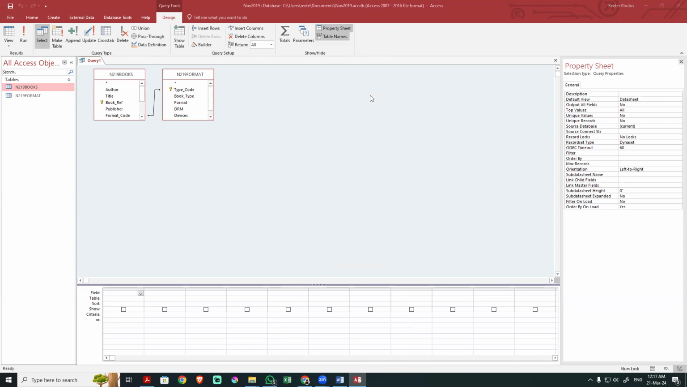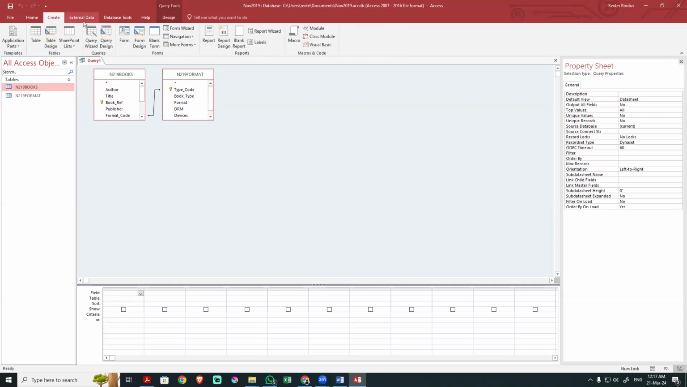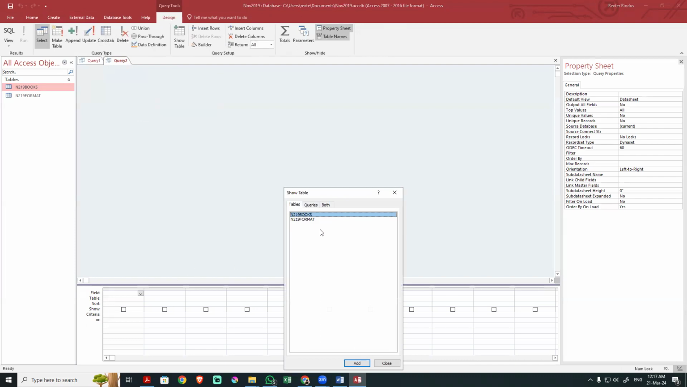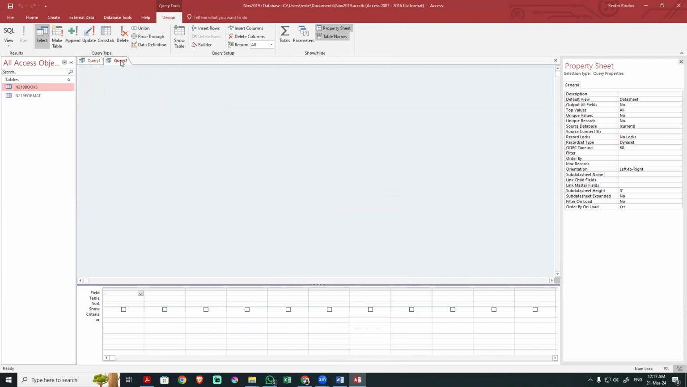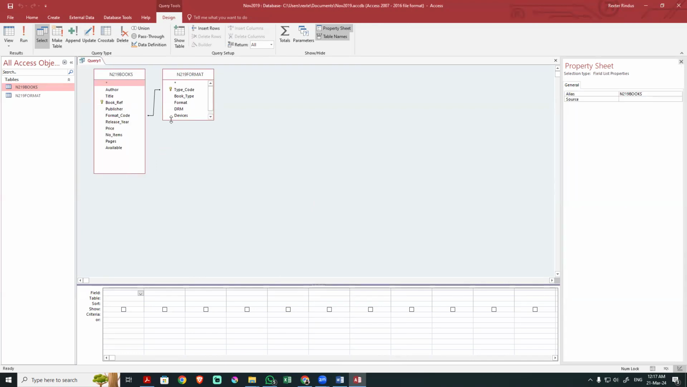What did you click to bring that file? I literally clicked create, and I went to create the query design. And then I have this and selected the two tables and just clicked add. And then I will have this one. Okay. Now,